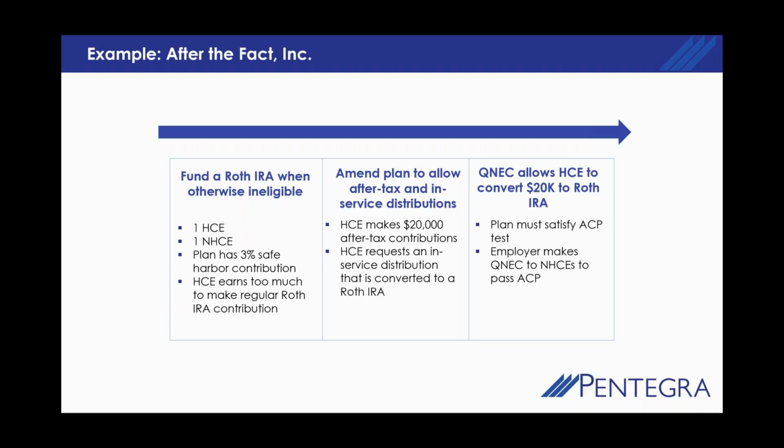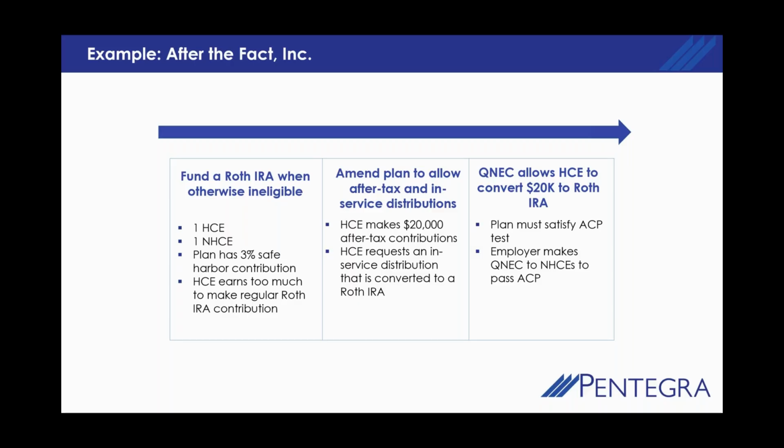Or conversely, we might amend the plan to allow for in-service or in-plan Roth conversions. It could be done either way. Now, for that $20,000 that highly compensated wants to defer, we do have to pass discrimination testing on that. And so in reality, they may or may not be able to do it. We have to look at the specifics of that in particular employer, because there is testing that's not covered by the safe harbor. But there are some ways to pass that testing if the employee themselves is not deferring as much with what are called QNECs, qualified non-elective contributions.